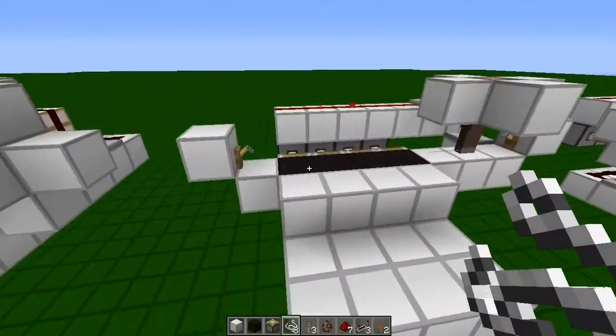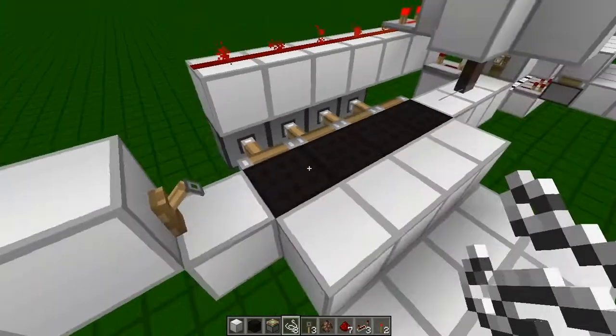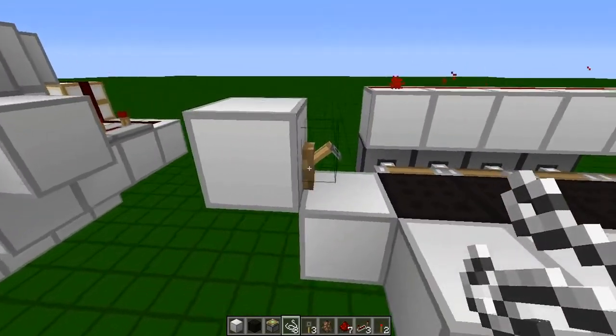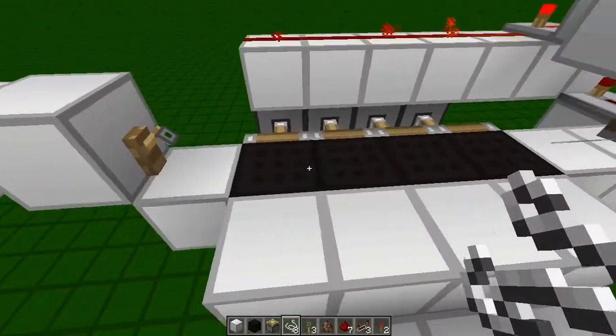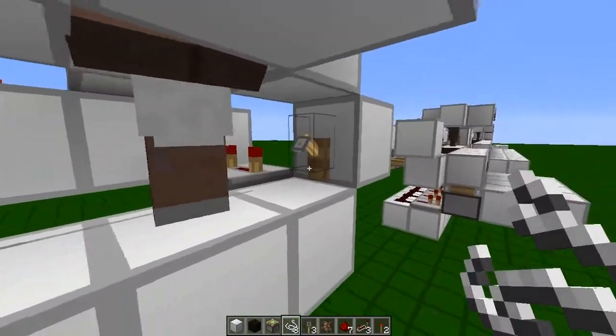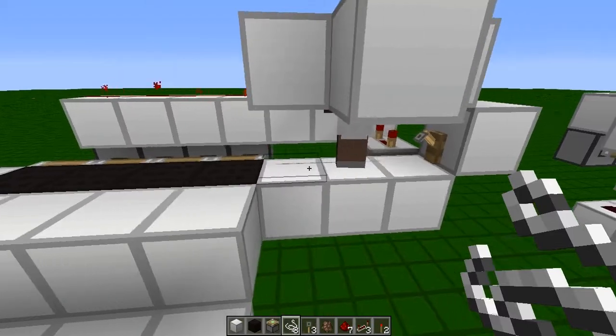So first off, let's start with the very basics. Obviously, since we're using string, you're going to be using a tripwire. So you set your tripwire on the ends. Now this one is going to be right next to the black blocks, but this one is going to be 2 off, and then it's going to be on the next block. Now the reason for that is